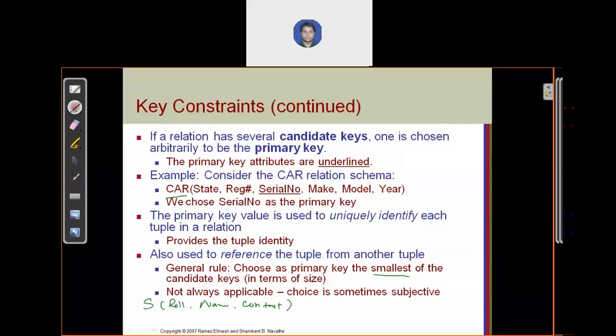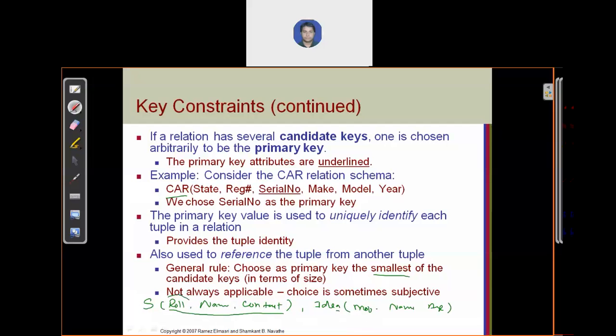It has three attributes, and there is another relation like a cellular company. Suppose there is one company, Idea, a cellular company, and it has customer records. It will store the mobile number allotted to the customer, the name and the age. This record will store the student's record, and this Idea schema will store the record of its customers.